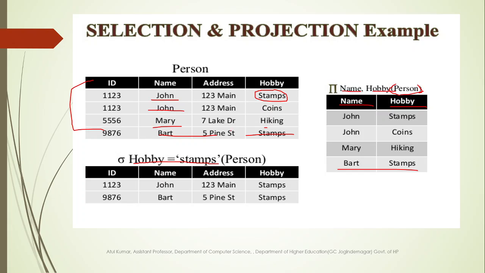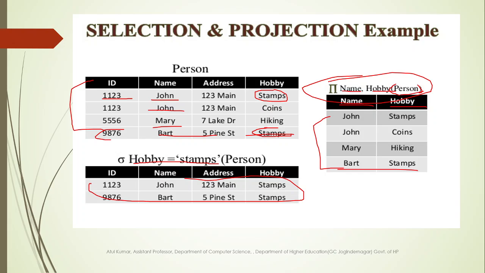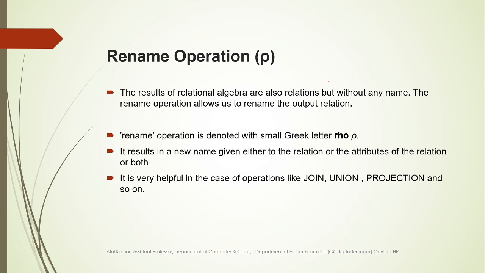So there are only two persons, one having id 1123 and the other having id 9876. So two rows are selected, but the number of columns remains the same as that of the original table. But in case of projection, the number of rows is the same, but the number of columns differs from the original relation person. Next important operation, we have the rename operation, and it is denoted with the help of a